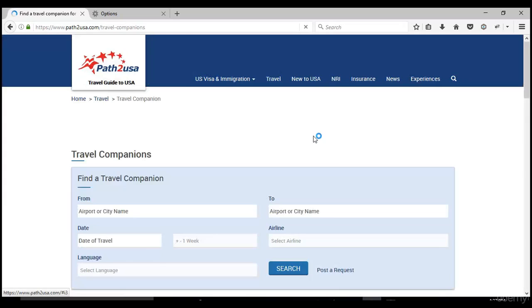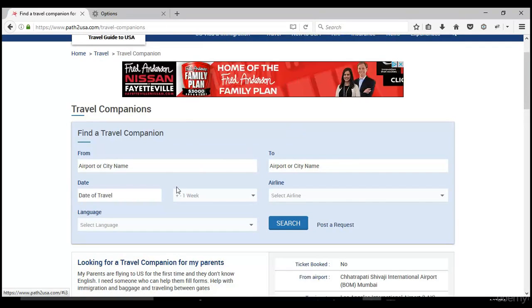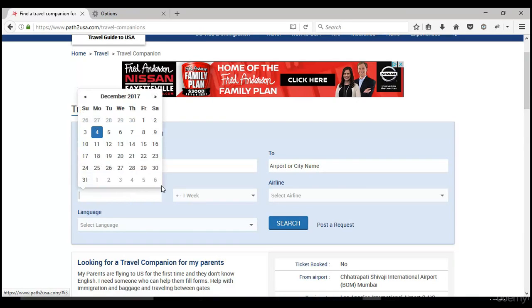So how do we do that? In this lecture, I'm going to explain the way we will handle the calendar, so that you can use that in your specific website, what you are automating there. If you see here, date of travel, if I click here, I'll get the calendar. So I need to select a date, isn't it? Let's take an example. I want to select December 14th from the calendar. How can I do that?